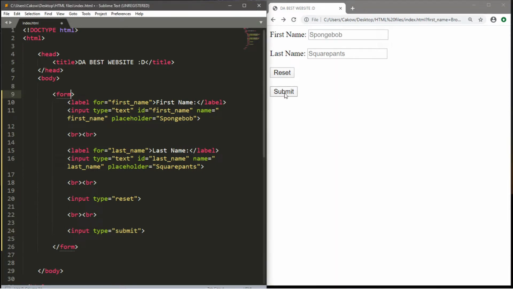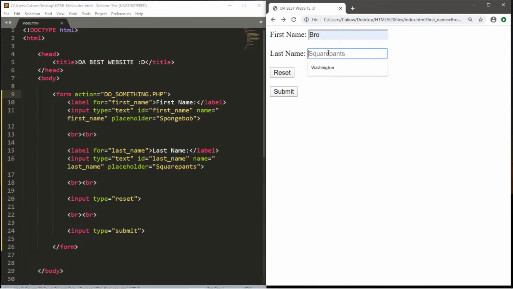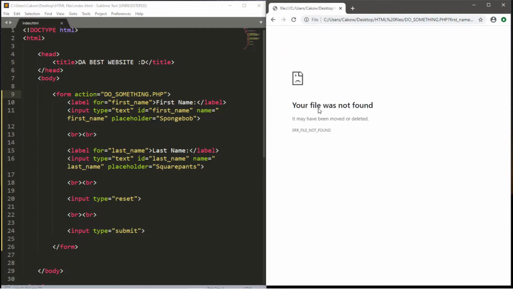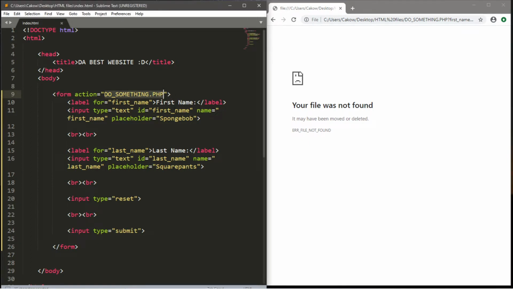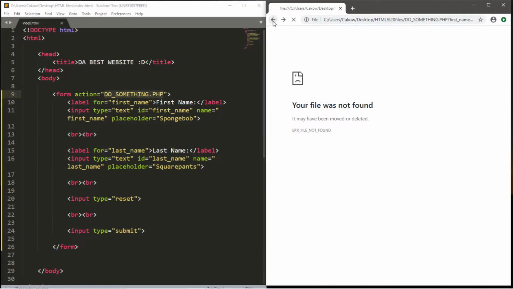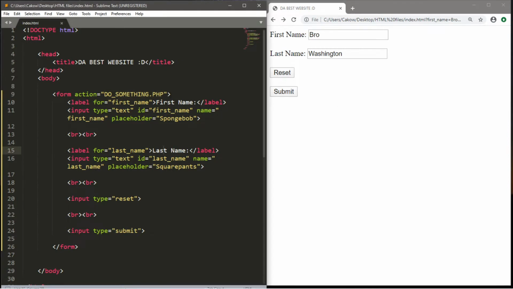So with the submit button, if we were to click on this, the HTML file is going to send the information from this form to whatever page is listed within the action attribute of your opening form element. So you might have some sort of file here like do something.php or some other action page. So let's refresh this and actually attempt to send some information and see what happens. I'm just going to send a first name and a last name and hit submit. This is going to attempt to send this information to this page on the server, but we don't currently have anything set up though. But that's how you would actually submit information from a form.